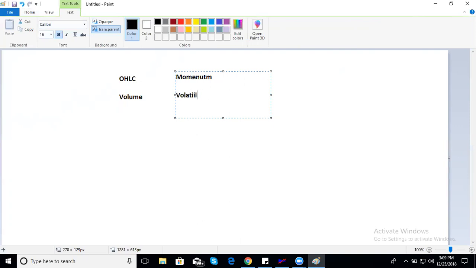Basically, the last part would be the time part, which we will not look at, like Gann time cycles and Fibonacci time cycles. A lot of things are there, but 5 windows: price, volume, momentum, volatility, and time. Today we will discuss not price, not volume. Obviously, we'll discuss something called volatility.